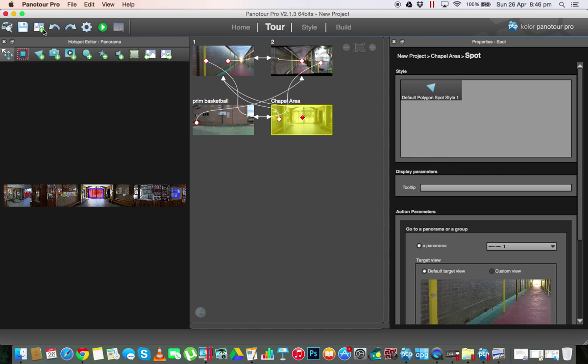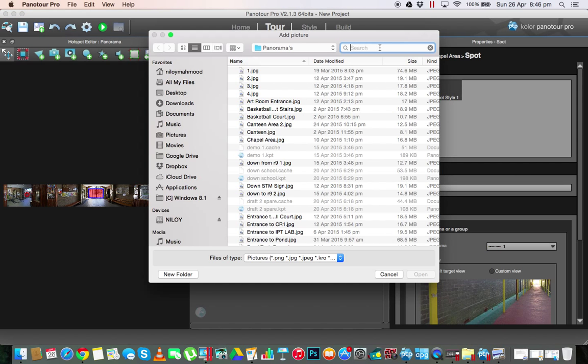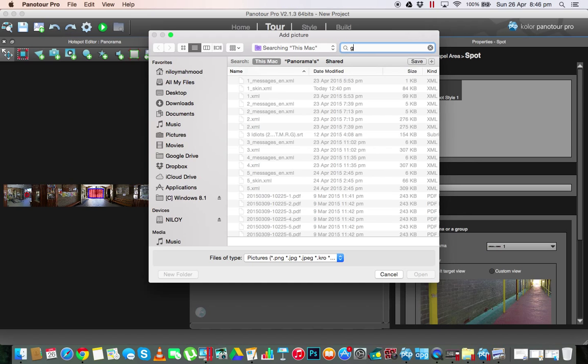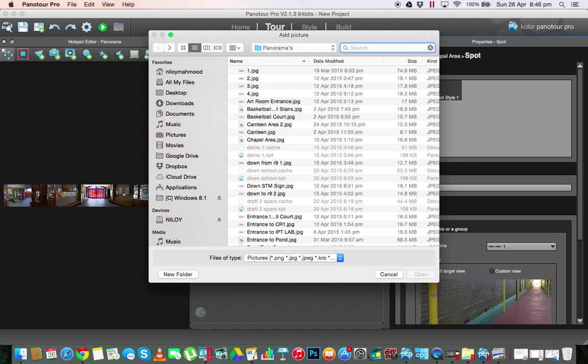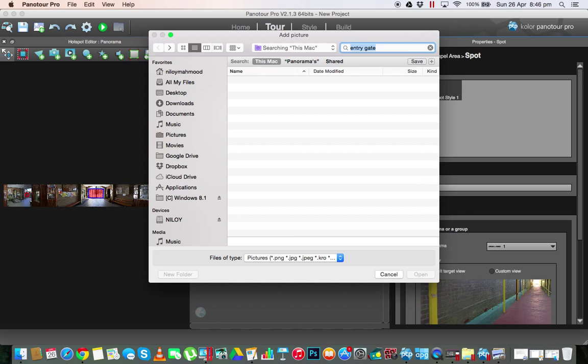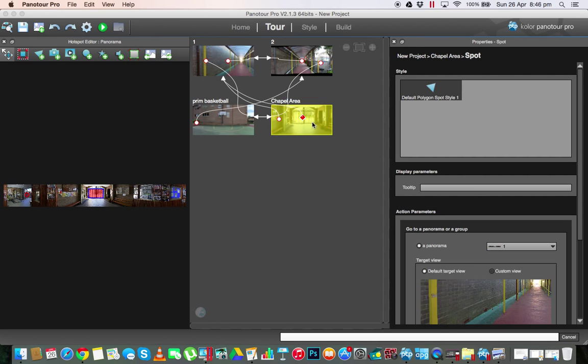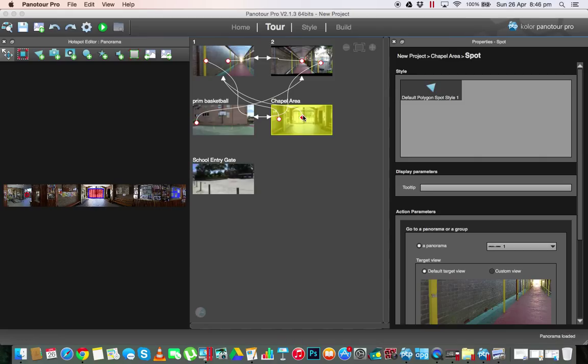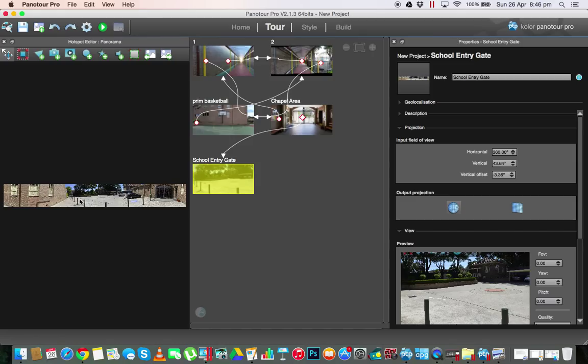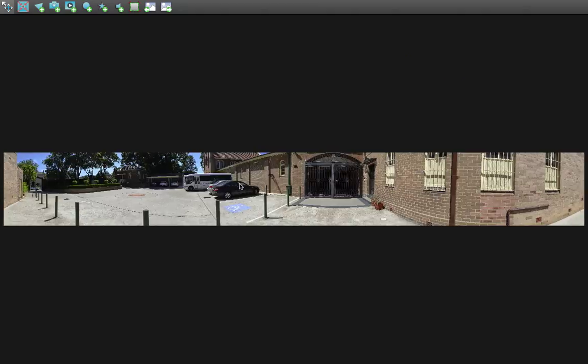Okay, so we can add another picture back into here. So for example, let's see, entry gate, school entry gate, there we go. So we got the school entry gate going. It's loading. Come on, come on. Here we go. So we link that here, and also we can go into here and use the polygon icon